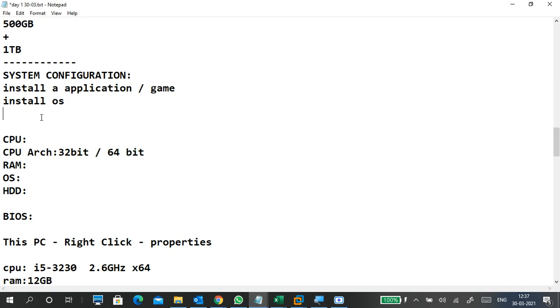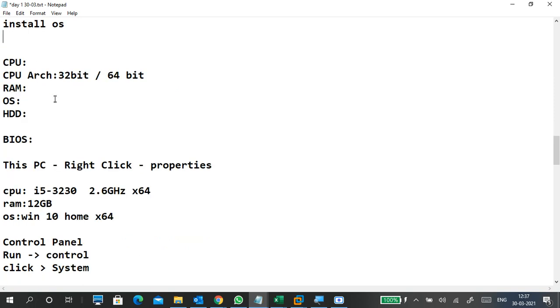And I also tried to install it on my PC. It is completely damaged. Why? Because I'm having an i5 processor and then 12 GB RAM only. So it is not completely fit. It needed 10 GB minimum space, but my system is consuming more power. Okay. So like that, when you are installing an application or a game, or maybe you want to install a new operating system, or you want to create new virtual machines, you should know what your system configuration is. Based on that only we are able to work on it.